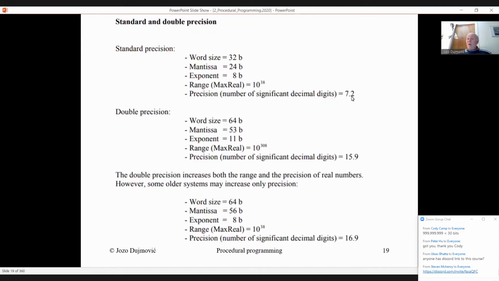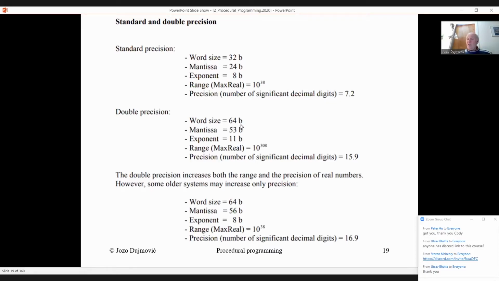And precision, the number of significant decimal digits, is 7.2. If this is not enough, then you can decide to use double precision. This is going to work slower and take more memory, but will give you better precision and a bigger range, because